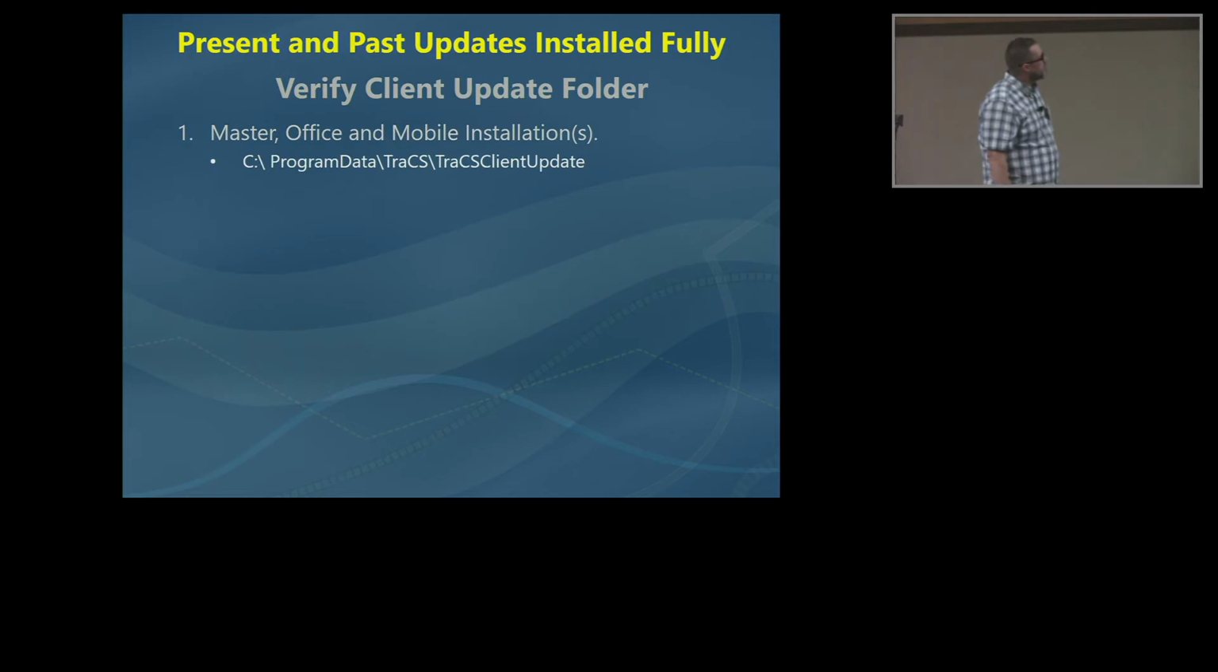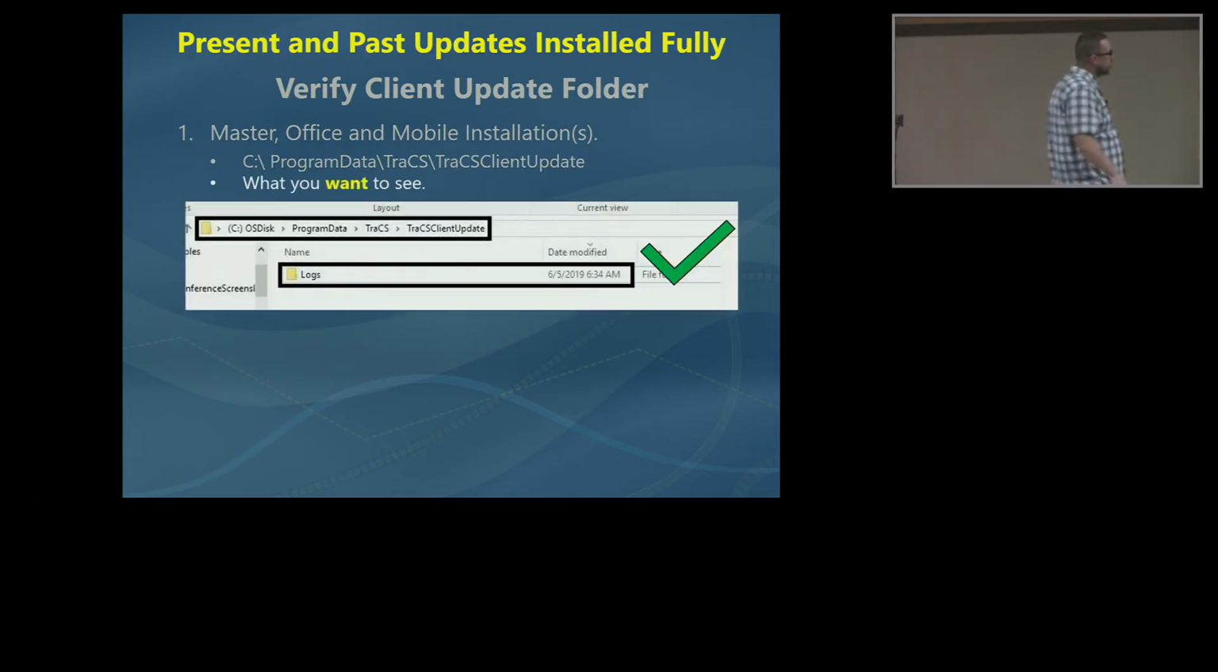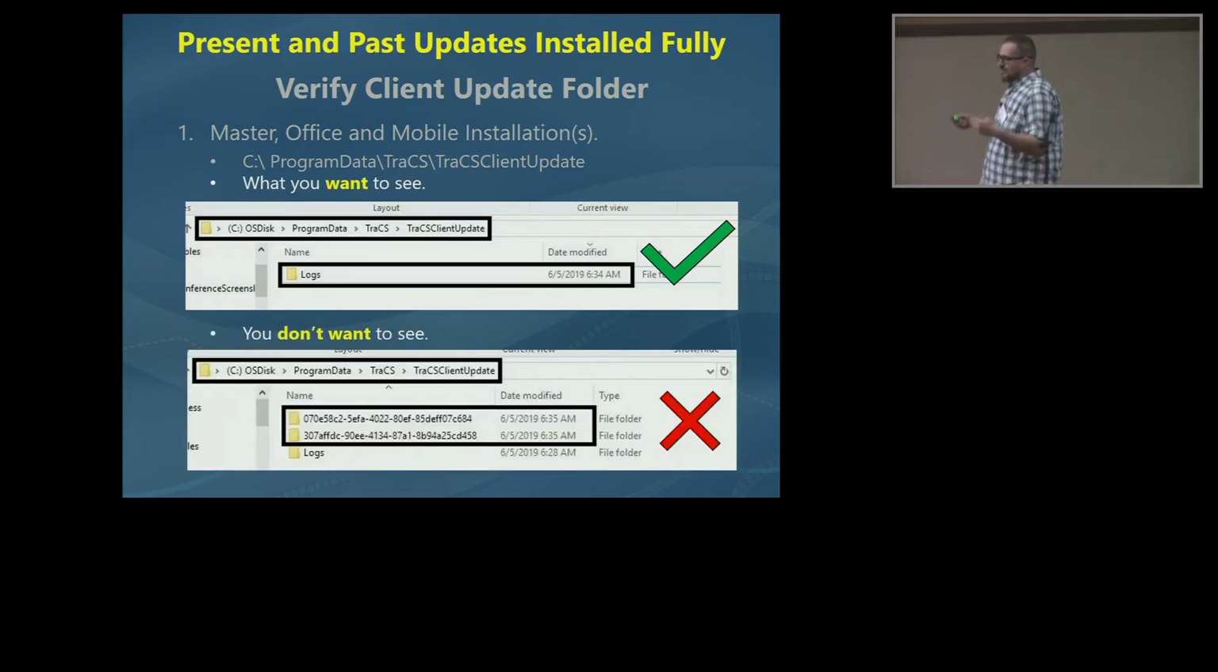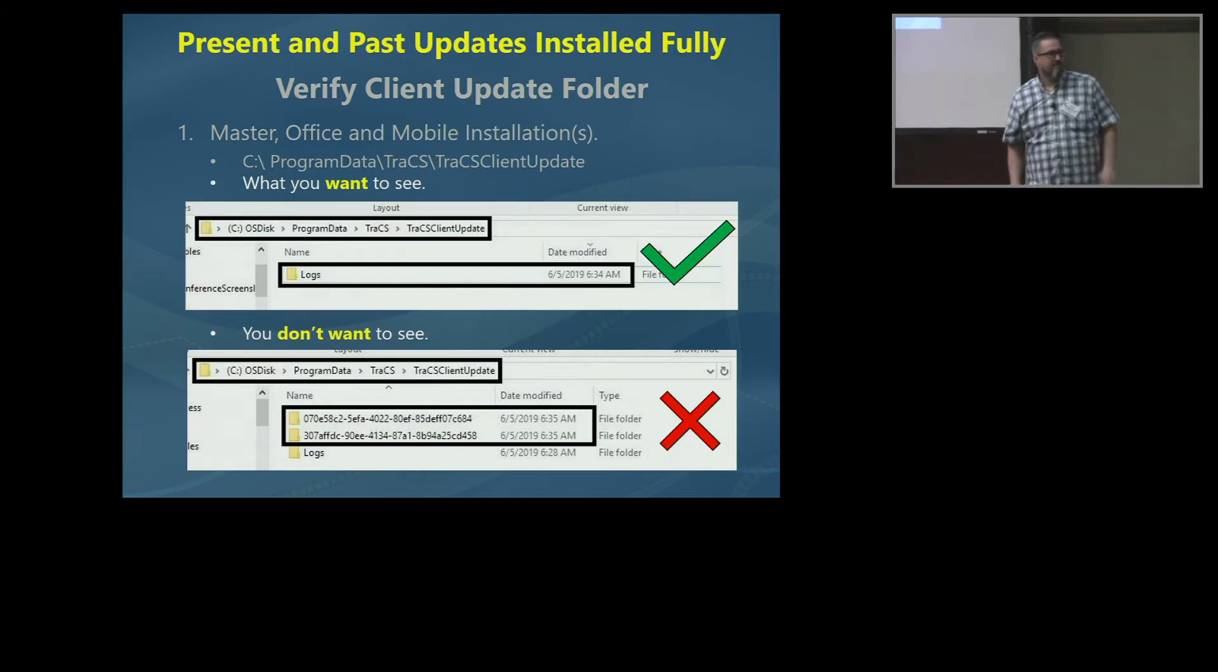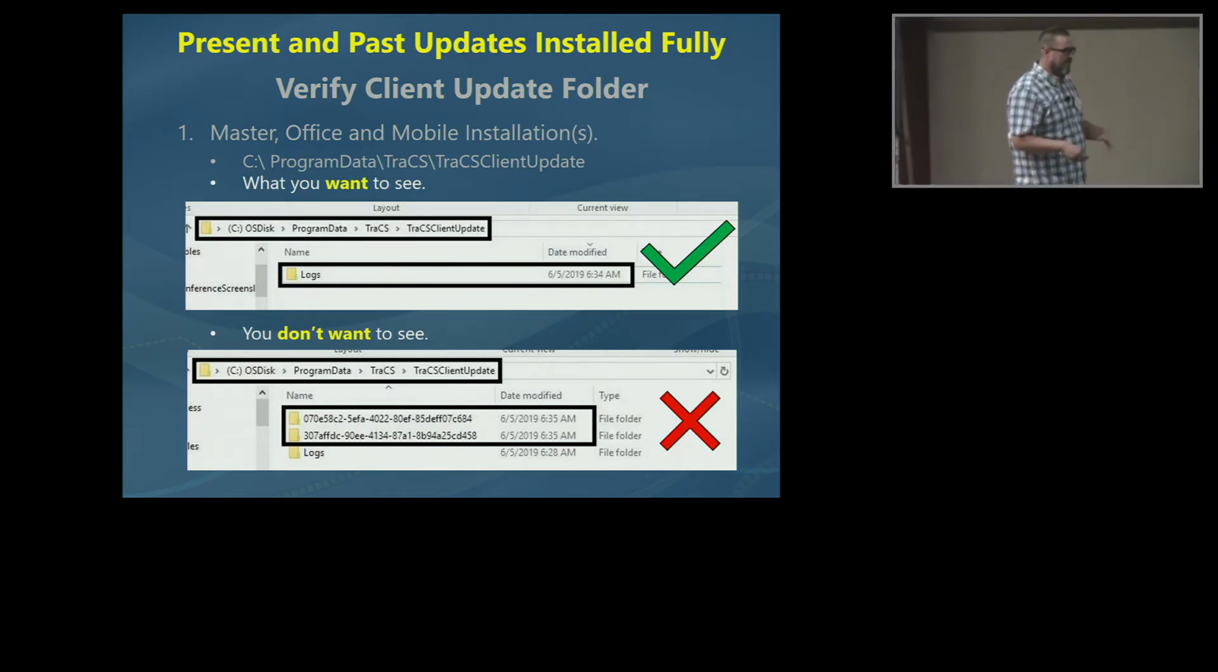Okay, so verifying that client update folder, that's what we want to see. That's good. That's nothing in there but logs. If we see stuff like this, we got a problem. These could be updates that have never fully processed. And you might not know it, but then 3 months later we release a pack and this machine updates and it updates those properly, but these guys just stay there. I've had agencies where they got 6 files here dating back 2 years and they just never properly